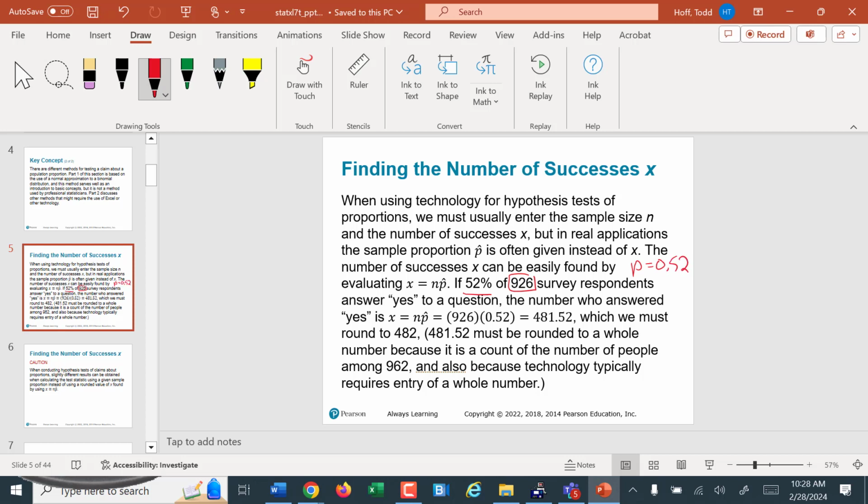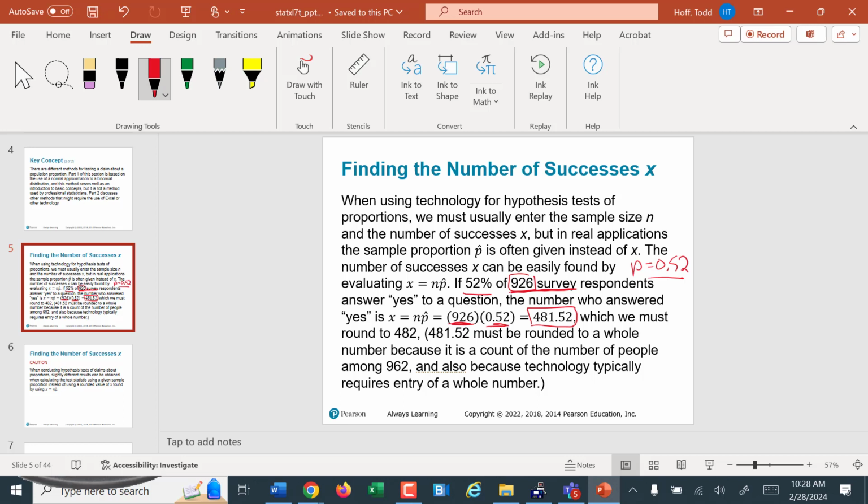But most of our technology that we would use to assist us in this requires a number of successes, an x value. So this is the total number of observations, or the total sample size. Our number of successes has to be calculated. So we would take the sample size times that sample proportion of 0.52, and as we would in most cases, we're going to get a decimal,